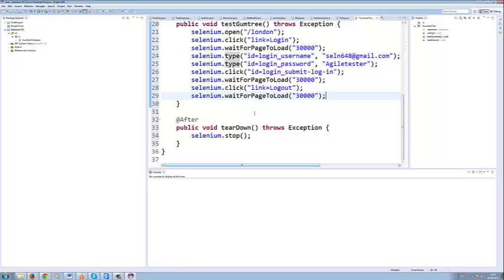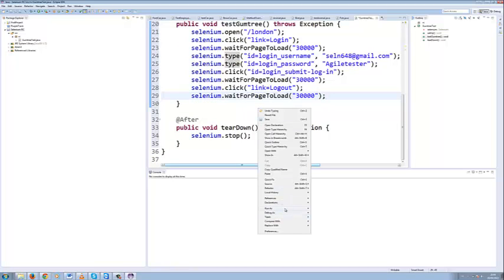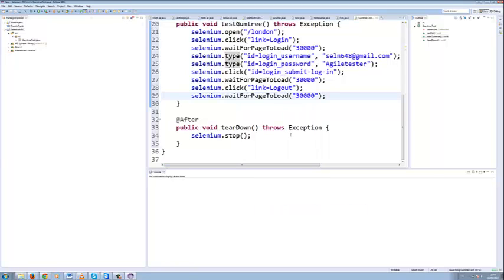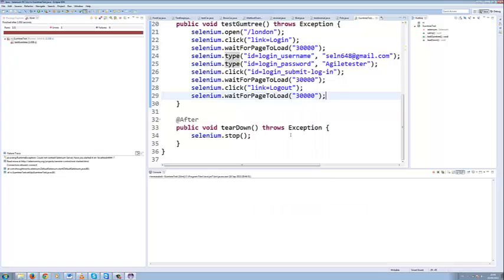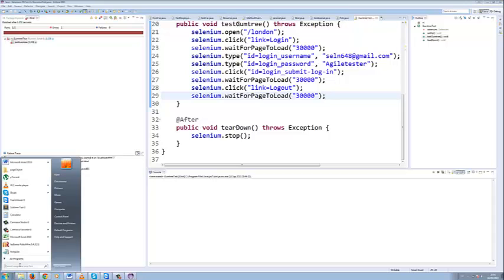We can run it. How to run it? Right click, run as JUnit test. But it doesn't run because for RC you need to start the RC server first. How to start the RC server? Go to command,